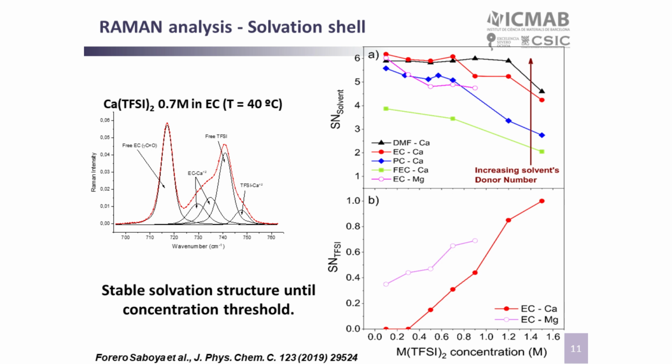So we can then extract the solvation number in terms of solvent with respect to the salt concentration in solution, or the solvation number in terms of anions, so the presence of anion in the primary solvation shell of the cation present. And as expected, the solvation number of ion pairs increases as we increase the salt concentration. And as we use a higher donor number solvent, we tend to be more resistant to the formation of contact ion